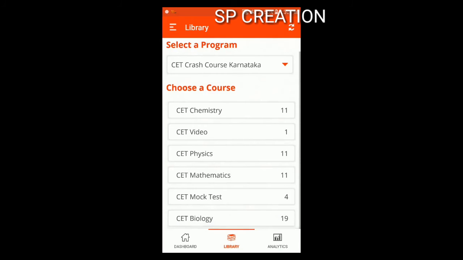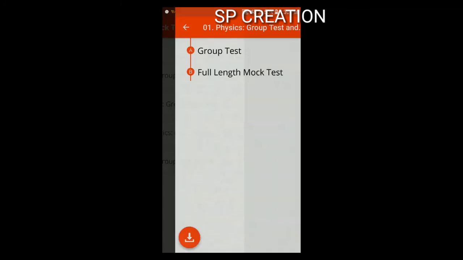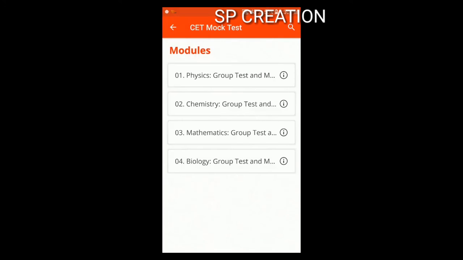Coming back to this CET mock test, the CET mock test contains physics group test and consolidated test, full length mock test. Likewise, chemistry group test and full length mock test. Likewise, mathematics and biology also.